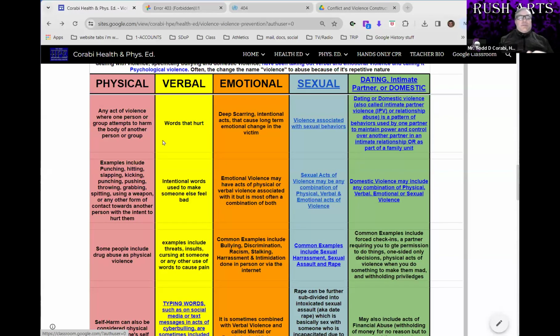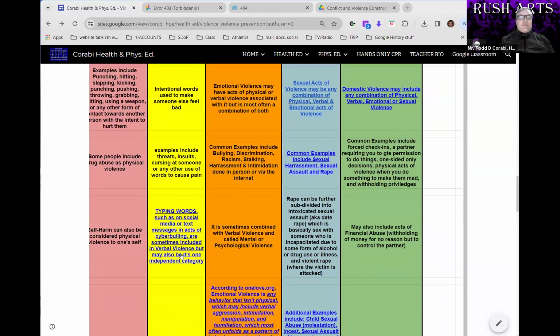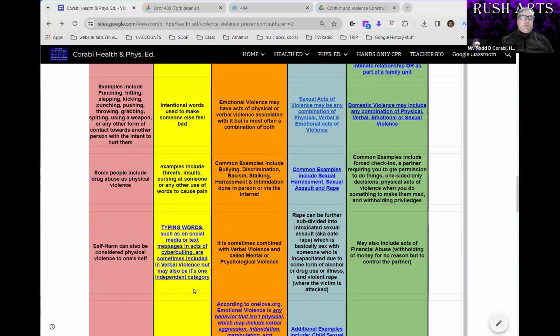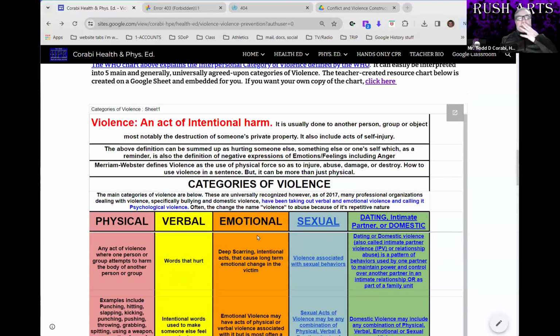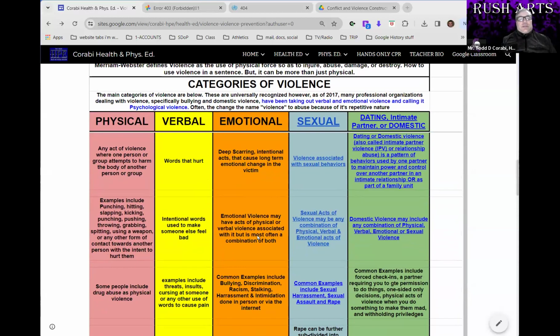So the key about verbal violence is that it's intentional. And there's another conversation you would have if this was middle school, about the difference between teasing and insulting. To simplify it, as if you were in fifth grade, teasing is when you're laughing with the person, together, and insulting is when you're not.